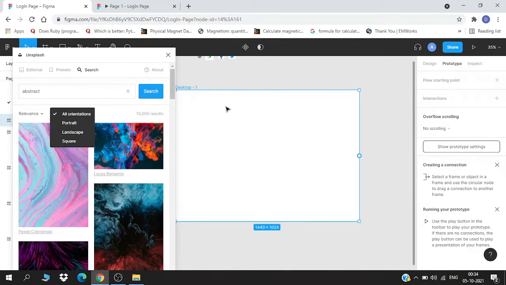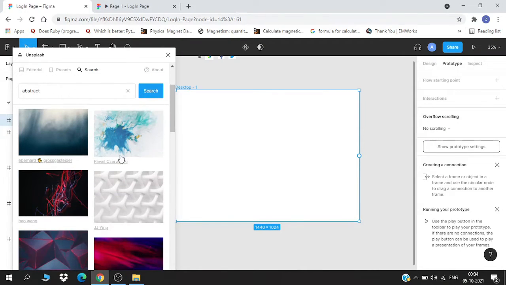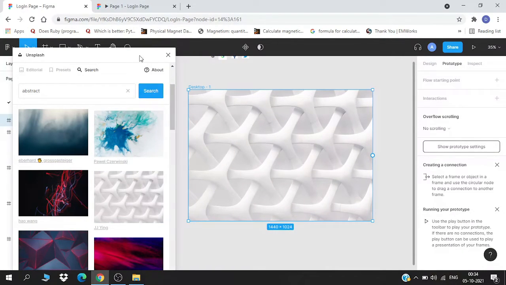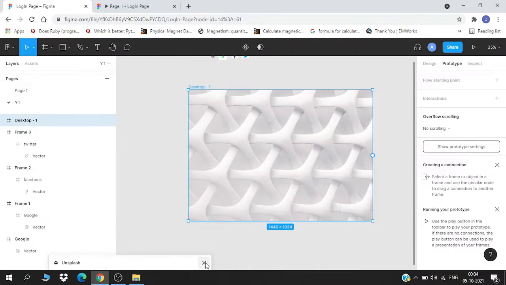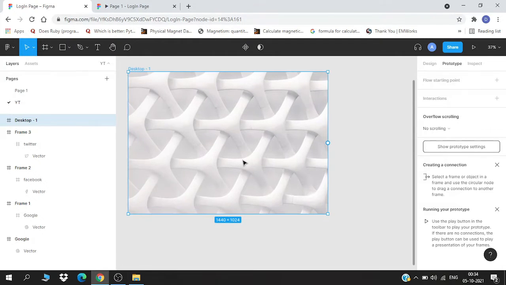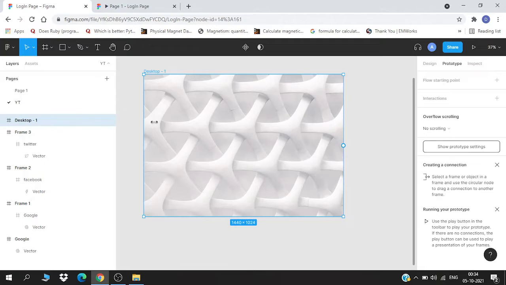Okay, there is all we have, and since my screen is in landscape mode, I will filter out the landscape ones. And as you can see, we found exactly the same one, and I tapped on it and it is automatically on the entire screen. There we got it. So now we have the background, and now we'll start working on it. As you can see, there is a little blur in the background, so we can work on that too. I'll just keep that aside for now.